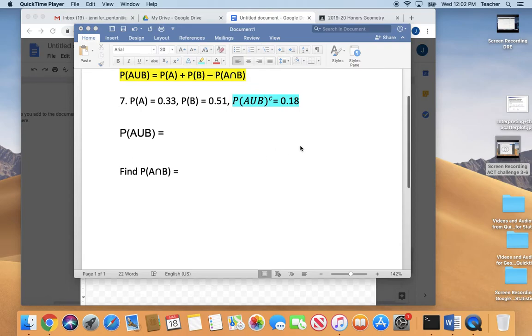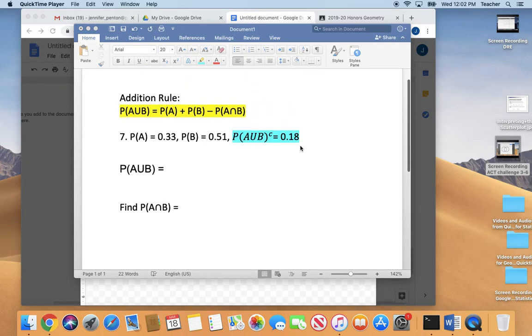Guys, I wanted to do number 7 for you on the challenge review worksheet. That's, I think, the most difficult problem on the challenge review worksheet, and several of you had trouble with it. In order to solve number 7, you're going to have to remember this addition rule that we talked about in